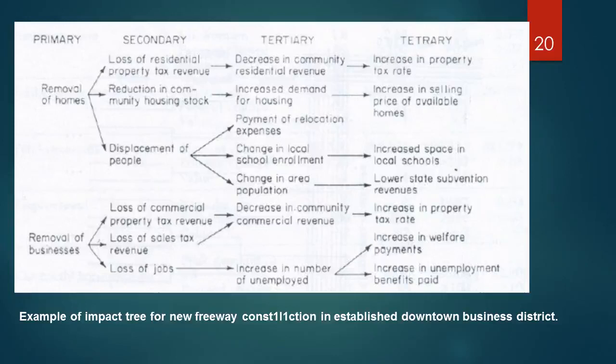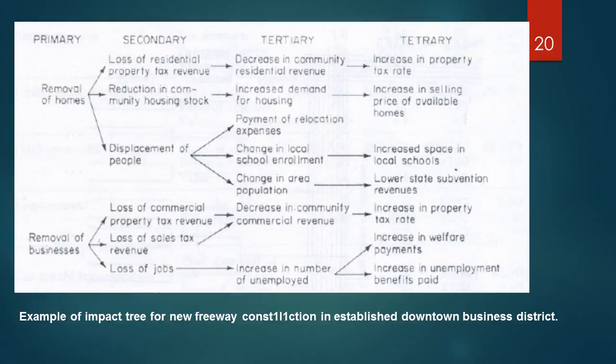And the reduction in community housing stocks has the tertiary impact of increased demand for housing and increase in selling prices of available homes. And displacement of the people, that is the secondary impact, has the tertiary impact like the payment of relocation expenses,